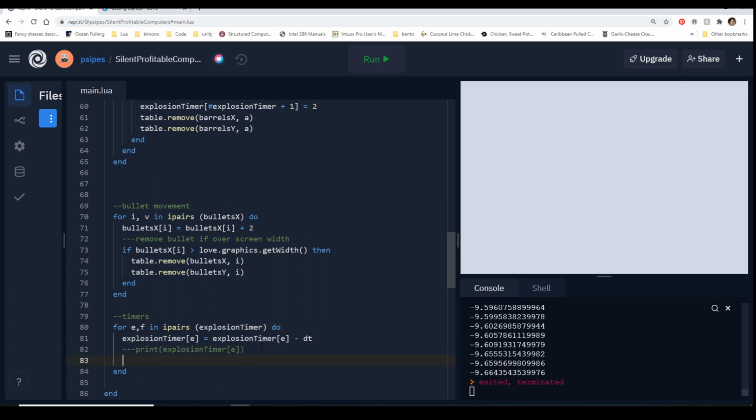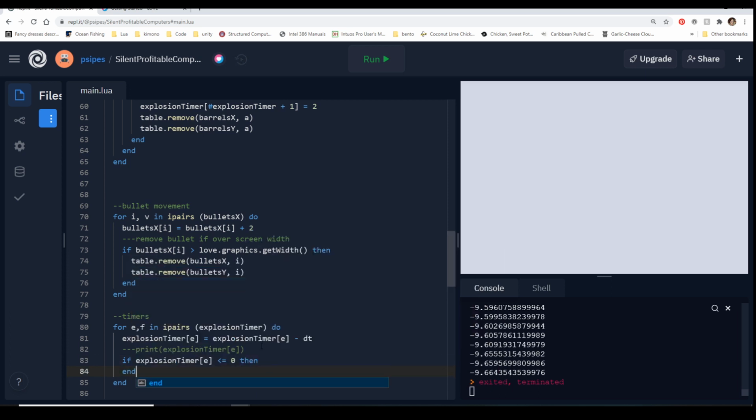And we can say, okay, while we're in this, if explosion timer E is less than or equal to 0, because there's a good chance that you won't get exactly to 0, but you want to make sure that if you manage to actually be on 0, that it'll also do it.